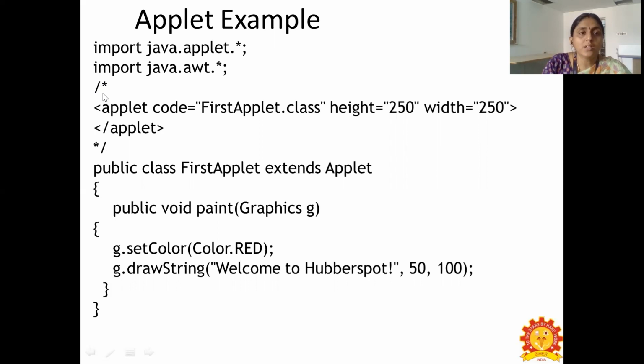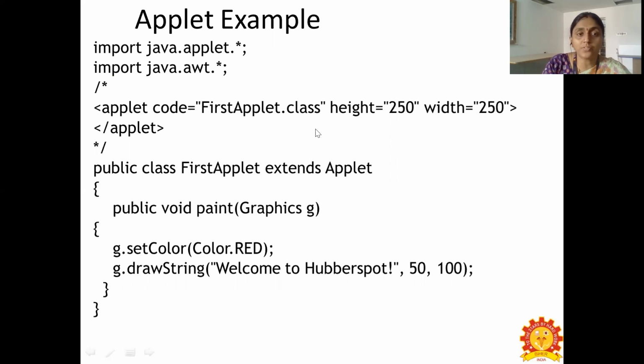It starts with applet code equal to the applet class name. What is the applet class name given here? FirstApplet. So we are embedding the code as FirstApplet.class. Once we compile the applet file, we get the class file.